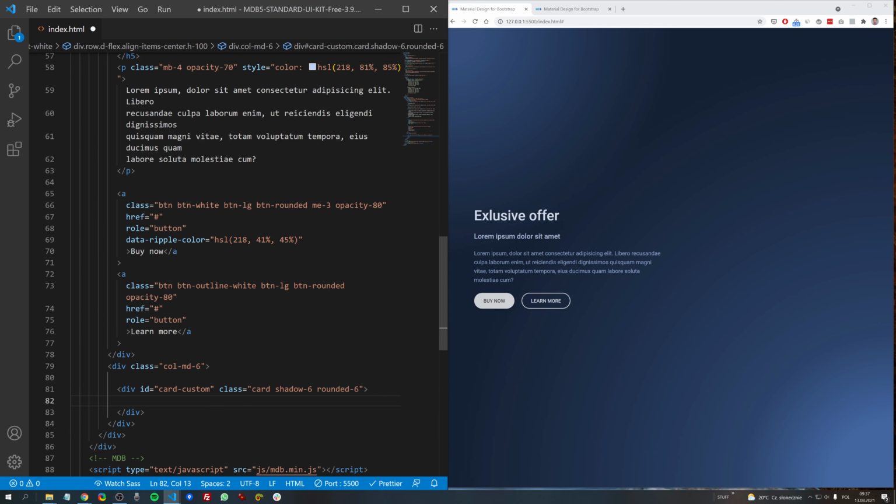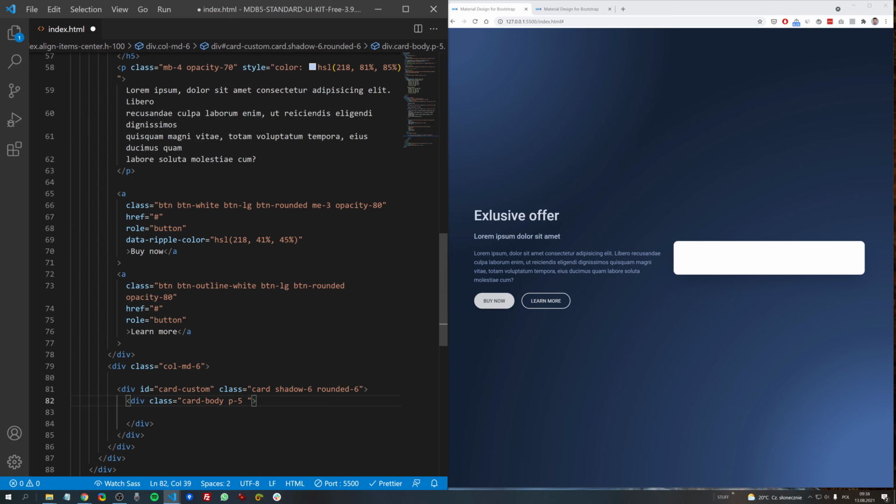Then inside of this card I want to use a card body, but also I want to increase the padding, and then let's create content inside of the card, H2 strong